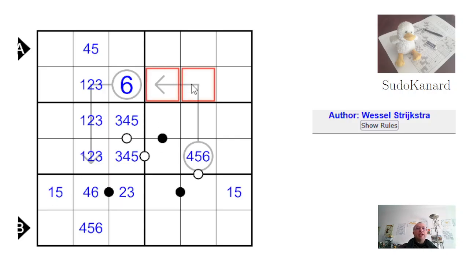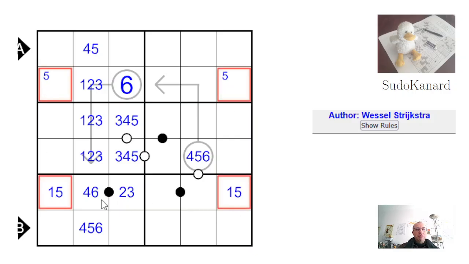We can see that we can never have digit 5 on this arrow because 5 plus 1 is 7. This is never 7 or more. And by this I mean that 5 must be somewhere in one of those two cells on this row. And we get an X-wing on 5s, which means that in this column, on this row we have 5 here, on this row we have 5 there. So we have two instances of 5s on these two rows, and this is also two instances of 5 on these two columns. And therefore we can't have the 5 in here, and we must have the 5 in there